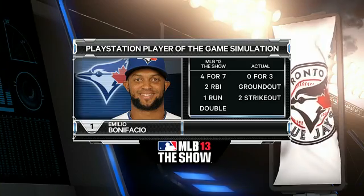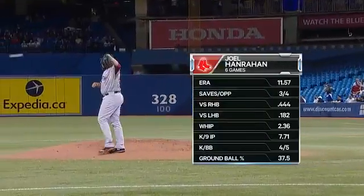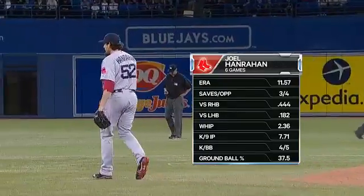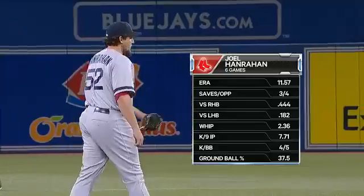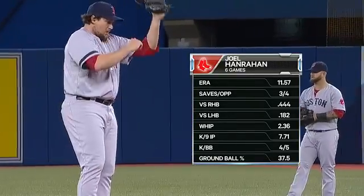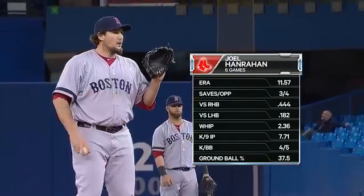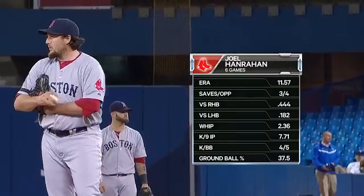New pitcher for Boston is Joel Hanrahan, fresh off the disabled list. He made 2 relief appearances in rehab down in AAA Pawtucket on the 26th and 28th. And he is now into this game. He has had a hamstring problem. He was able to rehab it a bit. He was acquired from the Pittsburgh Pirates